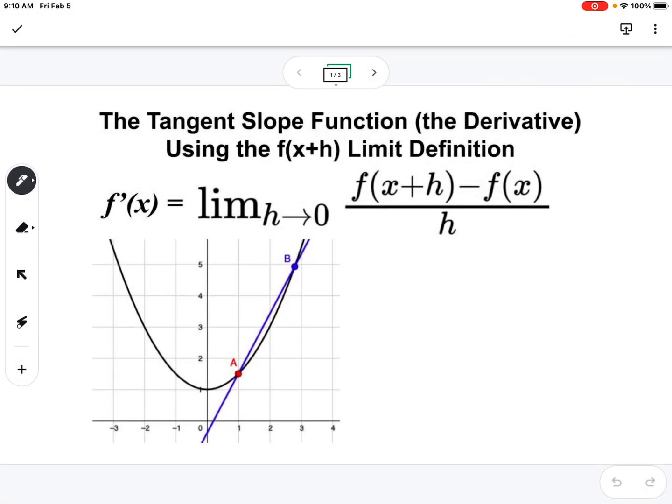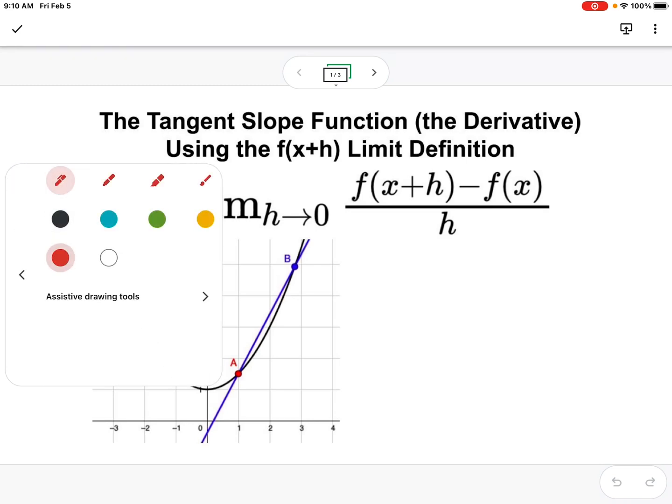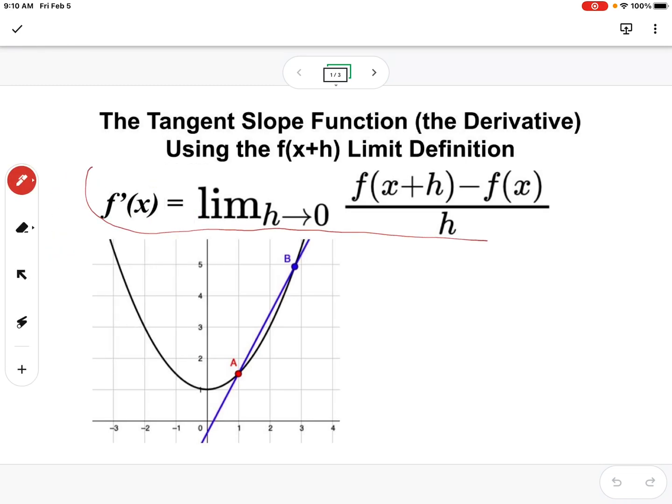Long here. We're going to do a screencast today on getting tangent slope functions from the limit definition. So this follows along with what we've been working on. So far we've calculated the slope of tangents at specific x values on a curve. Now we're going to generalize this and use the limit definition to get an actual equation of the tangent slope function, the hard way. So just to go through the pieces of this again, this equation, which you're familiar with,